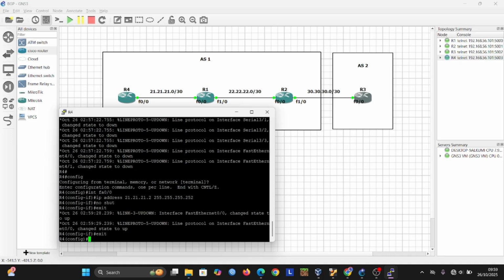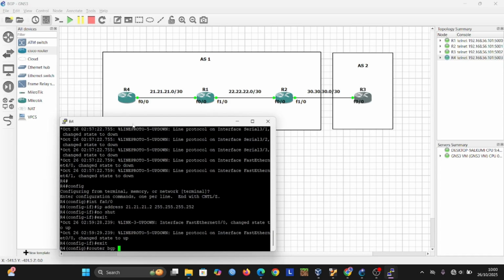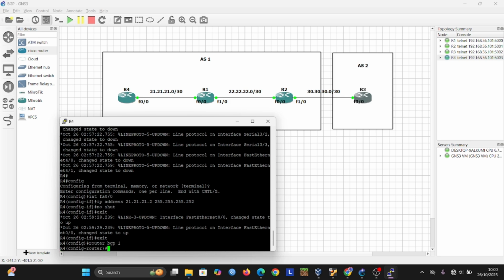After this we do the router BGP configuration. We write router BGP, and we enter the AS number. Because router 4 is in area 1, we enter 1.